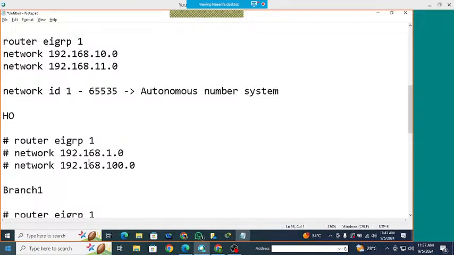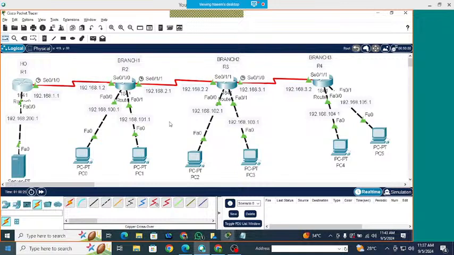Why I am giving this routing protocol: see here, if I want to connect the first router to the second router, it's possible to connect. At the same time, when I connect the second to the third router, it shows you successful. The same process applies to the third to fourth. But once I want to connect the first router to the last router,